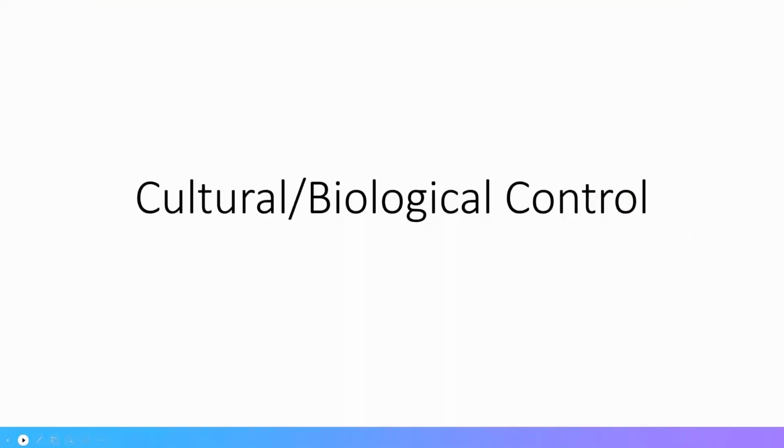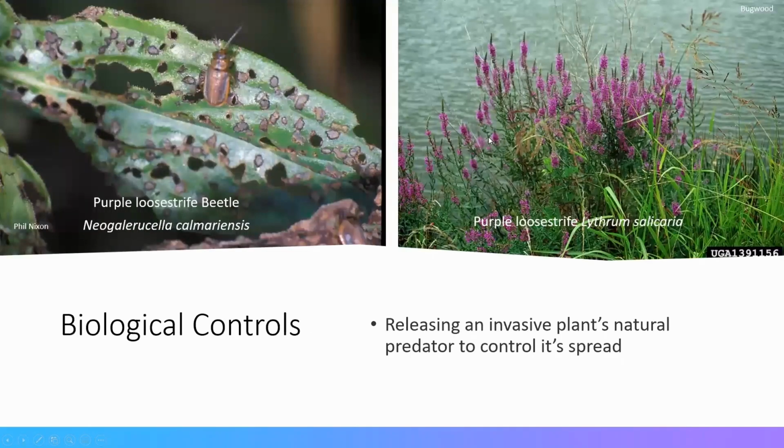All right, let's look at some cultural biological controls. Now, when it comes to plants like purple loosestrife, which is illegal to buy in Illinois, and I see sold every so often in Illinois, purple loosestrife invades wet areas. So they did release the purple loosestrife beetle, which also hails from its native range, to help in controlling that. This is not the most effective method in most cases, and I don't know how effective it has been in the long term, but essentially what they did is they released its natural predator. There's a lot to think about here.